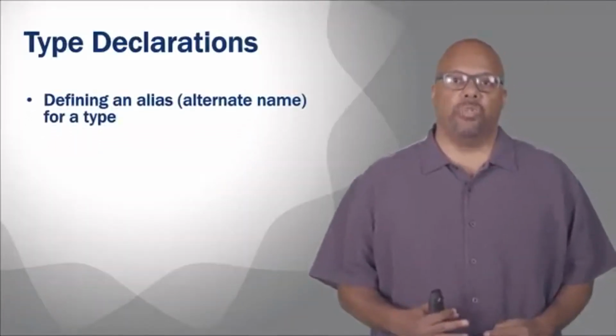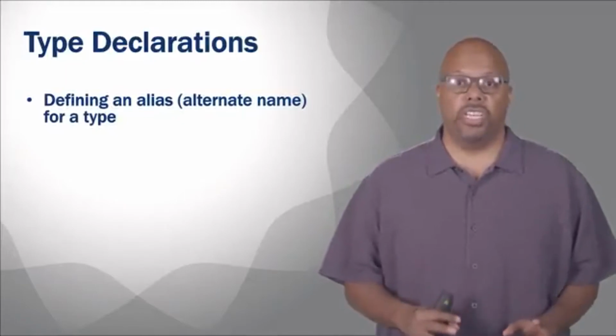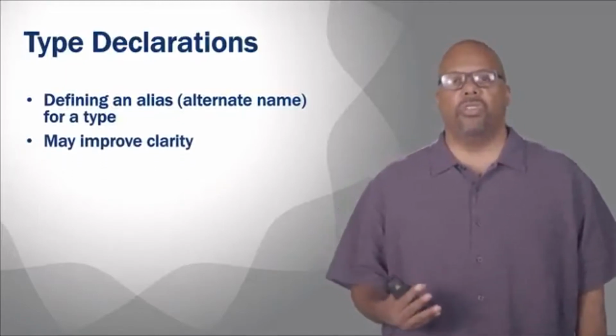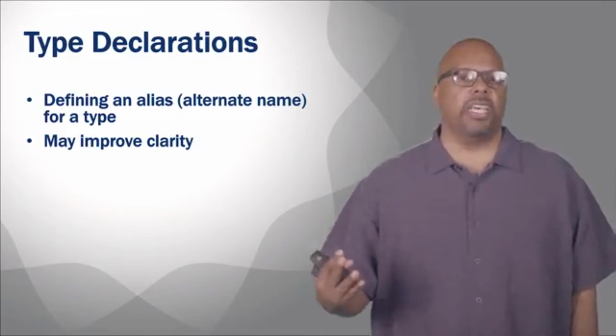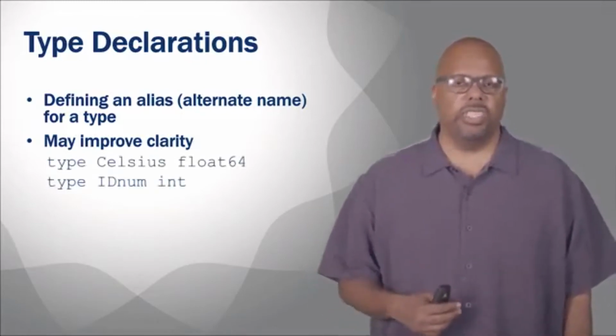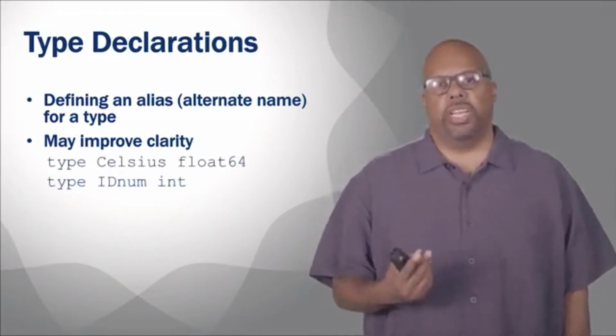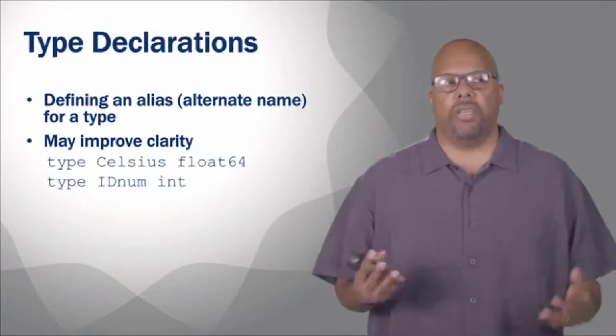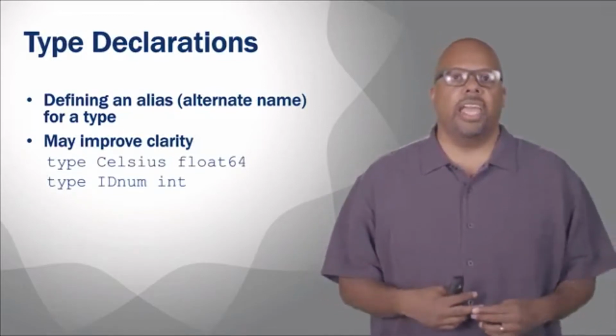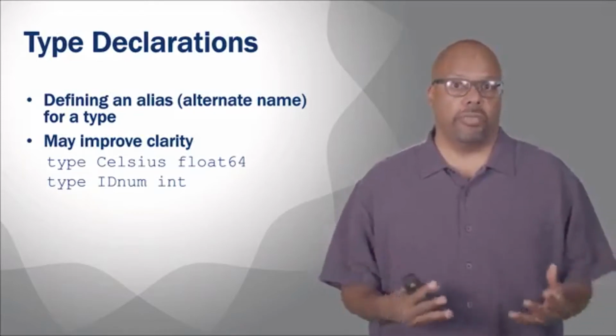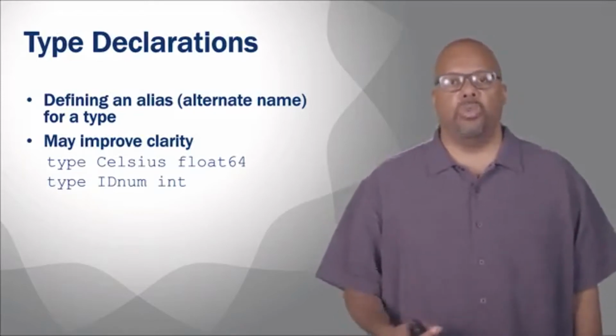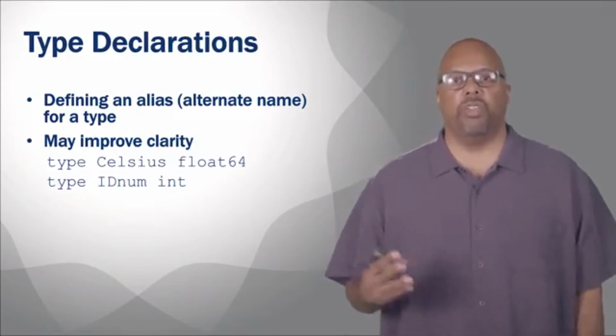So we're talking about variables, and we're going to talk about how you initialize them. But first, let's finish up the types. Every variable has to have a type. And you can make type declarations where you actually define an alias, an alternate name for a type. Sometimes this is useful for clarity inside a particular application. For instance, say you've got some kind of application that's working on temperatures, and every temperature you want to be a 64-bit floating point value.